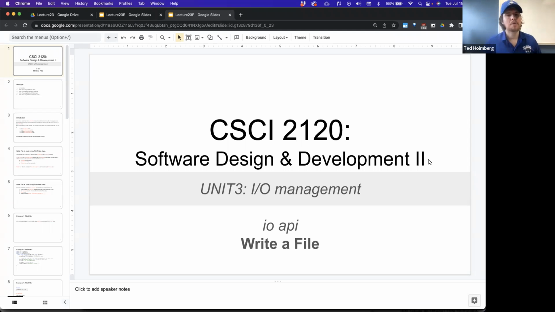Okay, I'm going to continue in Unit 3 discussing the different I/O management concepts. We've been working predominantly with the Java.io, but we've looked at a couple classes from Java.nio. Previously, we talked about the File class and being able to create a file and to read the contents of a file. And so I wanted to create just a quick video that showed all the different approaches we